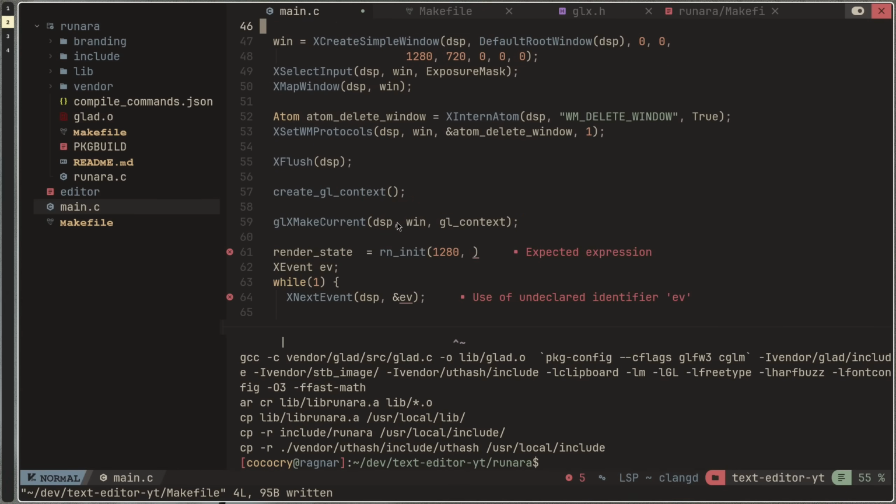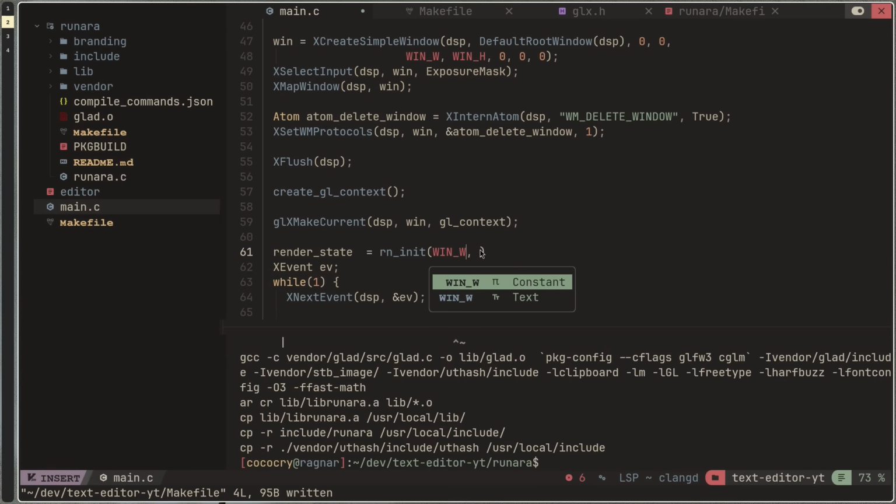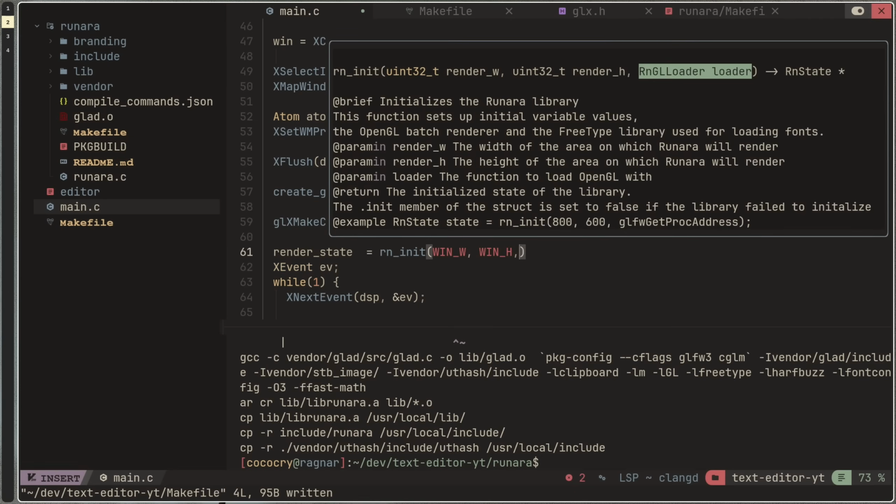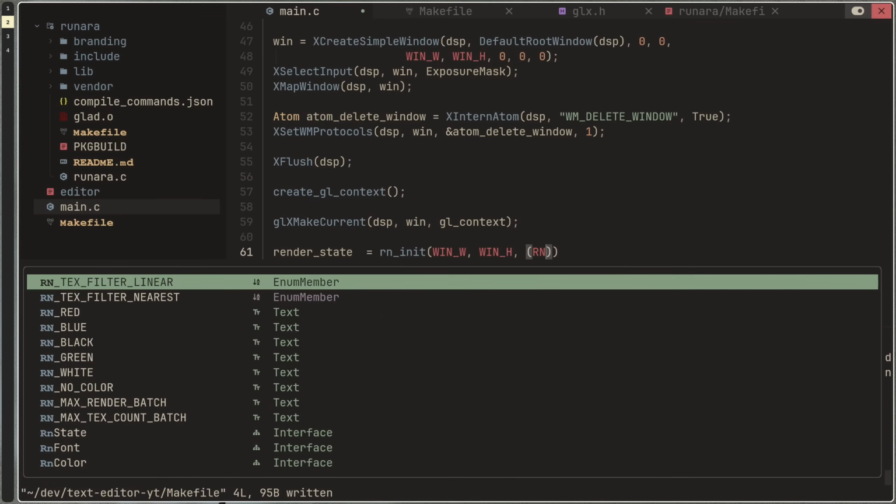Okay, but it's actually the initial size, but who cares? So win_width and win_height, and the loader is just the RnGLLoader,